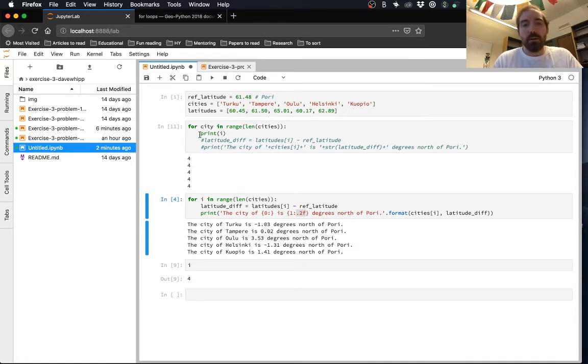The difference here is that the numbers out of this range function are still getting assigned to a variable called city. And since there are 5 values in this list, this print statement is going to happen 5 times. So it's printing out something kind of meaningless in this case, but it at least is working.